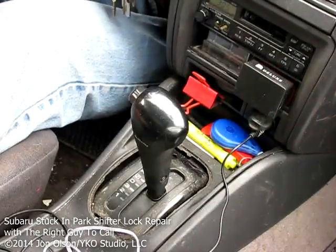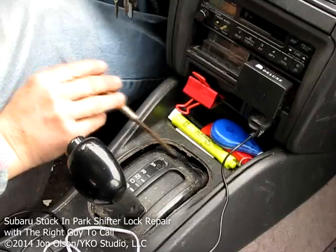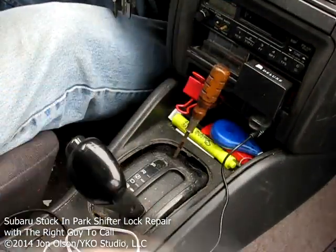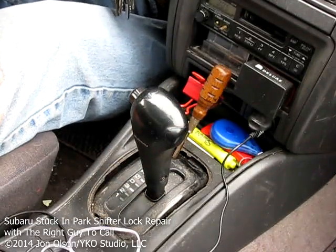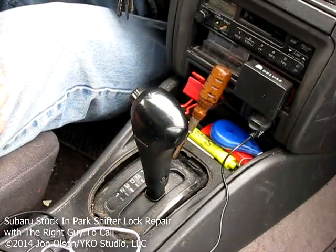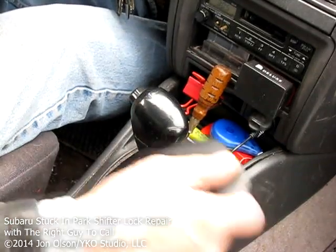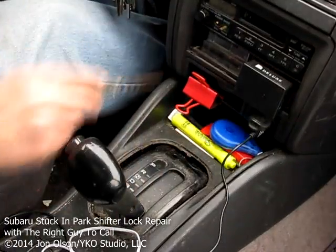So now, of course, driving around with a screwdriver sticking out of this thing, and of course having the plate off of there, it just makes your Subi look a bit too raw, at least a bit too raw for me. So now I'm going to show you how we fix this thing up. It's really pretty simple. What we're going to do, we measure where this hole is